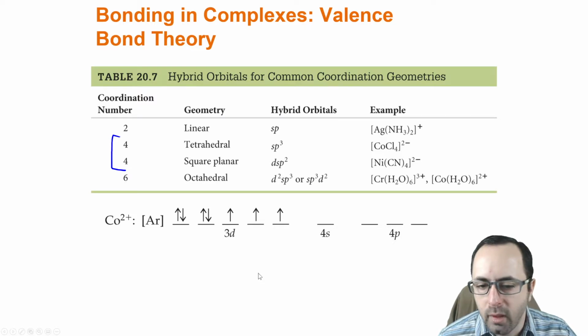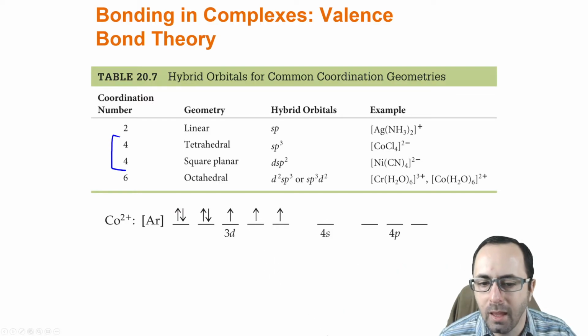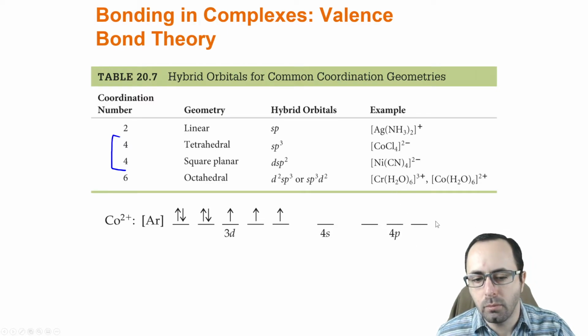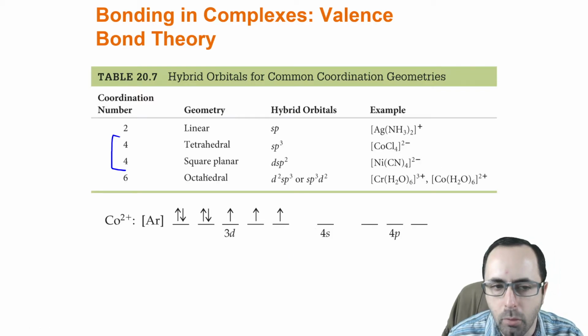Now when the hybridization happens, we're going to show here what happens when it's making a tetrahedral complex. So here, the hybridization is going to be,